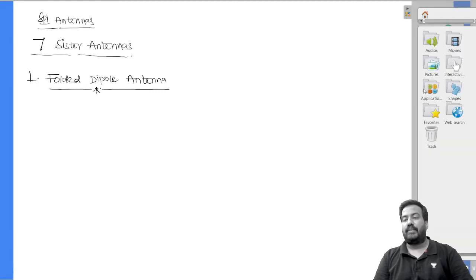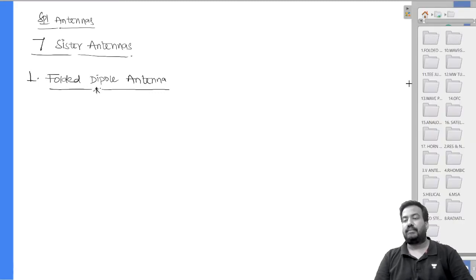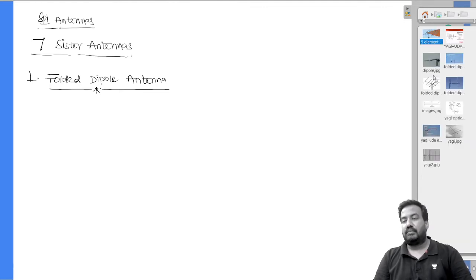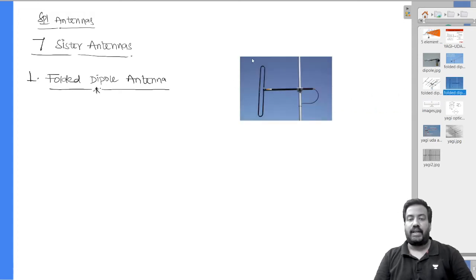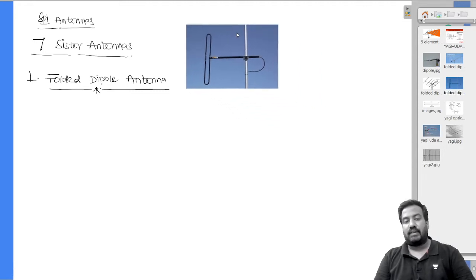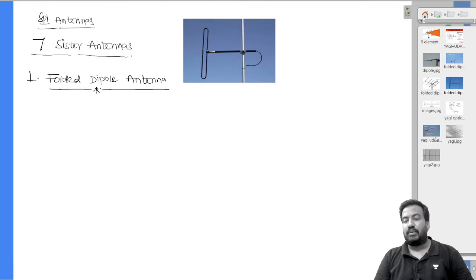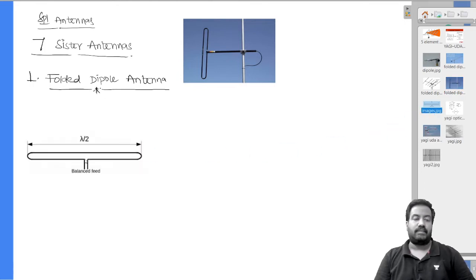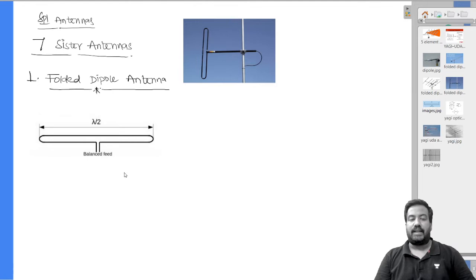How it looks like, let me show you. See dear, this is the folded dipole antenna. Two half wave dipoles kept in parallel, which gives you high input impedance. It's a broadband antenna. And the input impedance of the folded dipole,